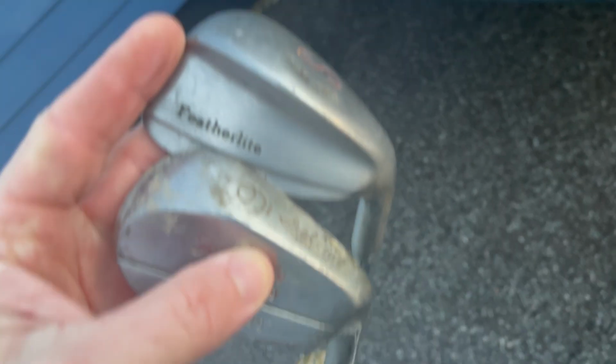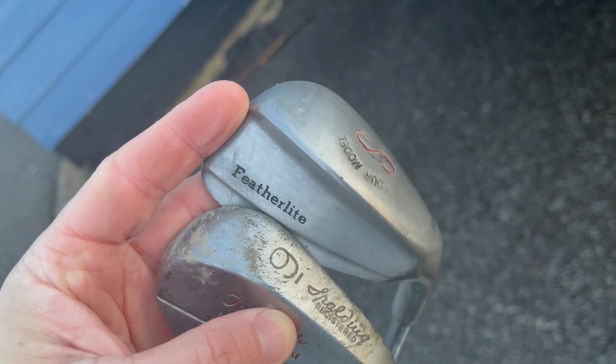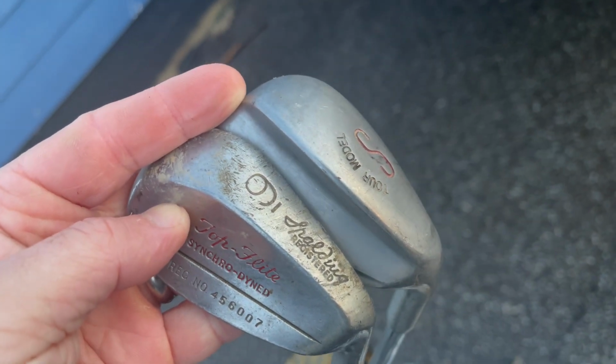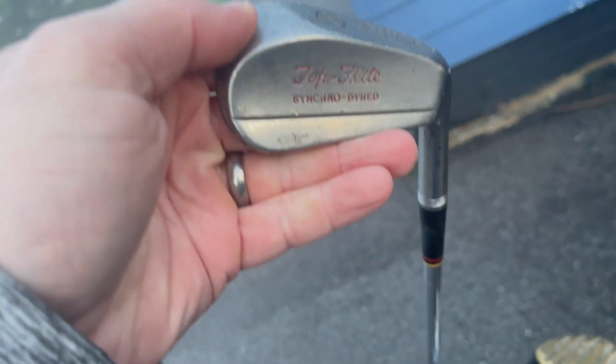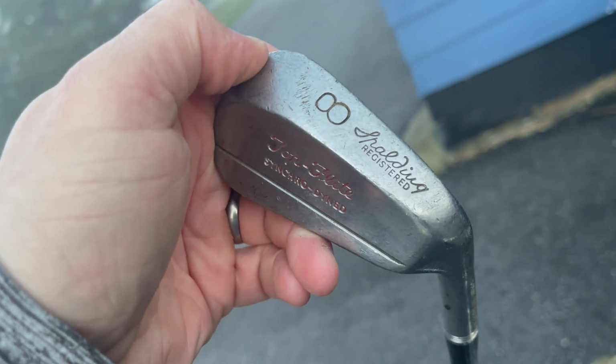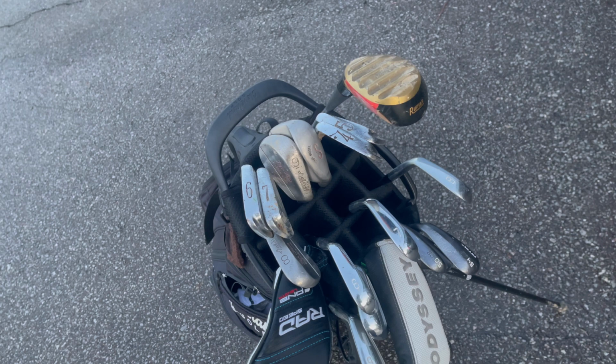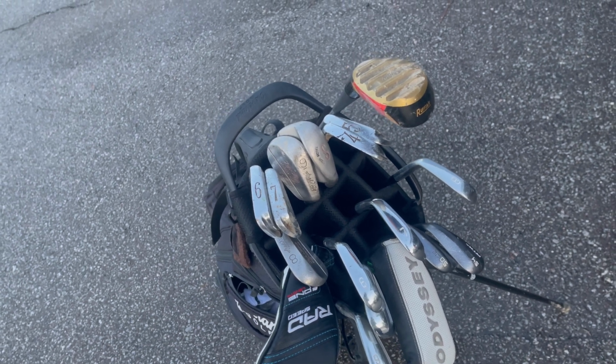Let's see, what do I got here? A sand wedge, tour model Featherlight, another blade, 9-iron. This one is Spalding, probably from about the same era, but who knows? And then another Spalding for the 8-iron. So 4, 5, 6, 7, those Hogans, 8, 9, Spalding top flights, sand wedge, just a rando tour model Featherlight, and